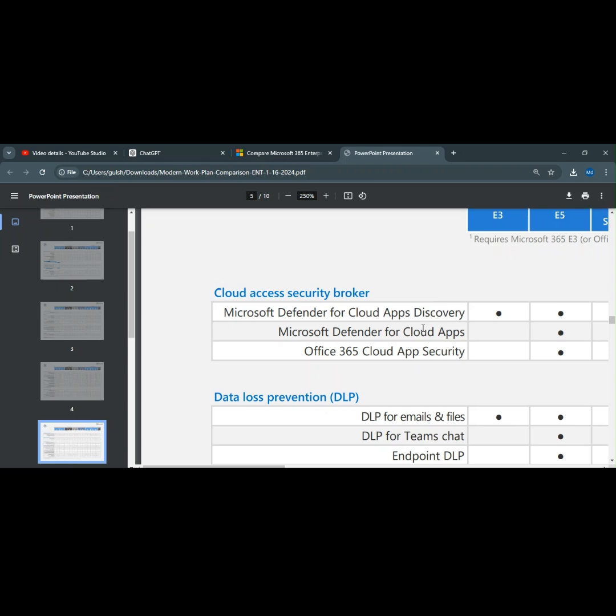A cloud-based access security broker is also given, the Microsoft 365 Defender for Cloud Apps, for discovering and managing your data, and protecting your data as well as devices from malicious activity. If you have a cloud-based platform, you can integrate Defender and protect that cloud-based environment as well. So Microsoft Defender will help you